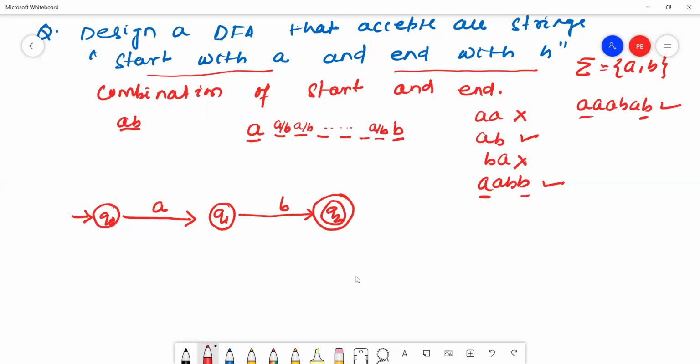Now we'll adjust the transitions according to the DFA rule.